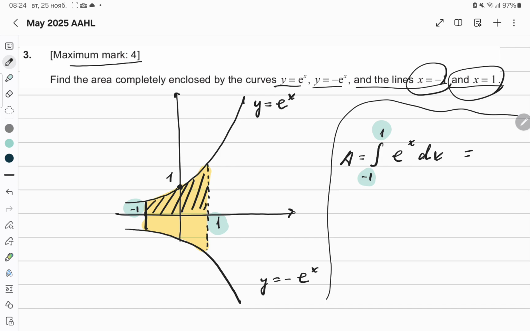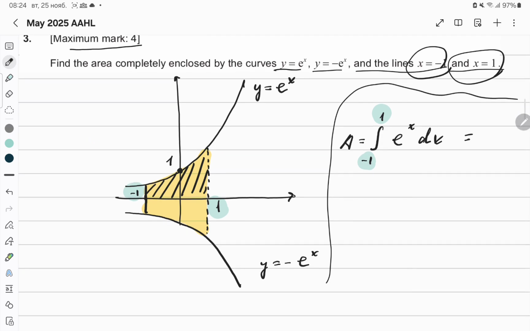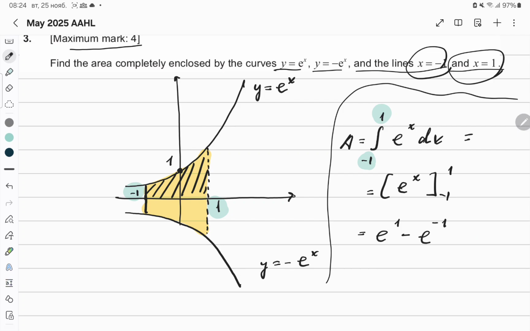Okay, now let's continue our calculation. I just want to remind you, this is Paper 1, no calculator allowed. That's why let's avoid using a calculator. So how can we do this? We know that the antiderivative of e to the x is e to the x. It doesn't change, right? So we will just plug in negative 1 and 1. First, according to the formula, it will be e to the 1 minus e to the minus 1. And that's how we get the value of e minus 1 over e, right? So this is the area of